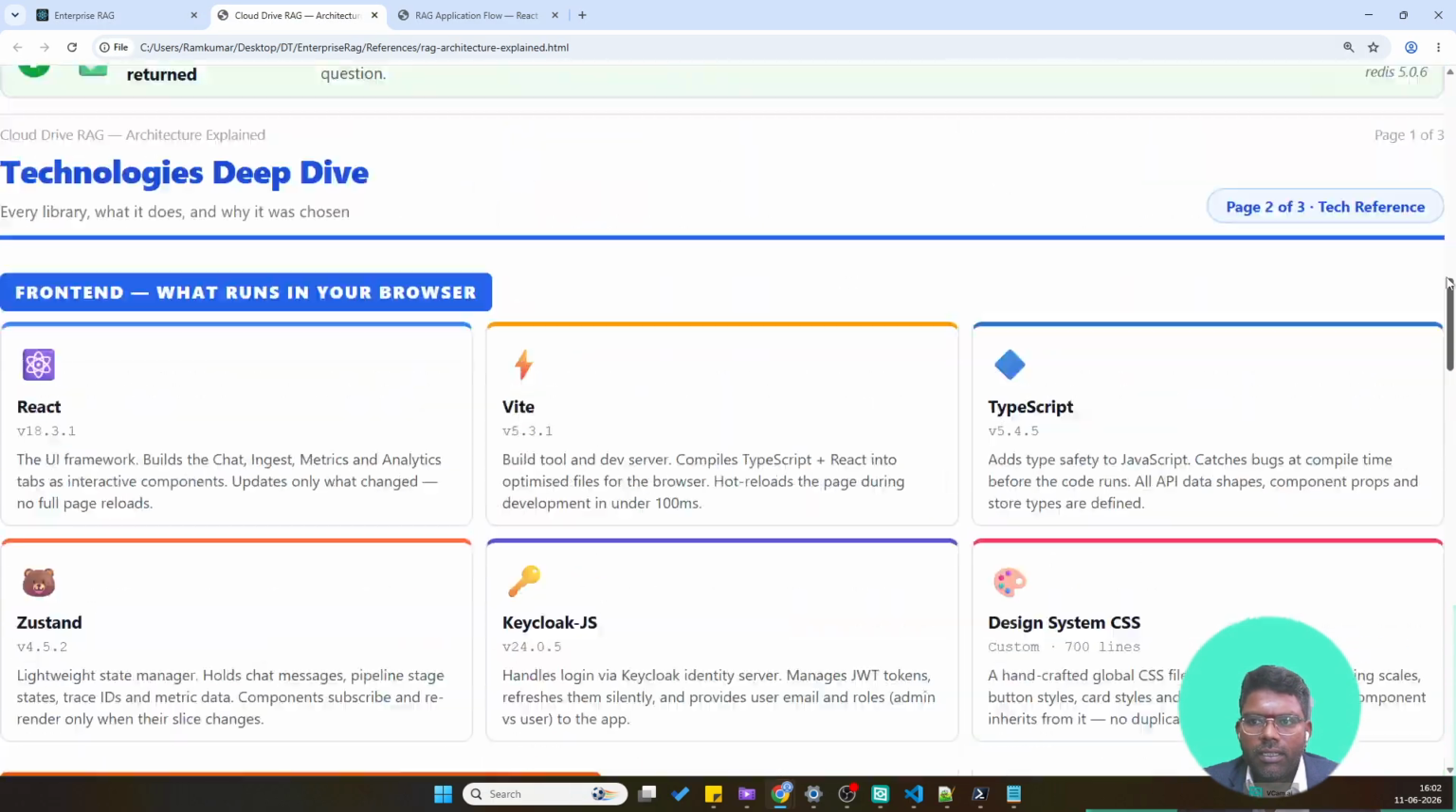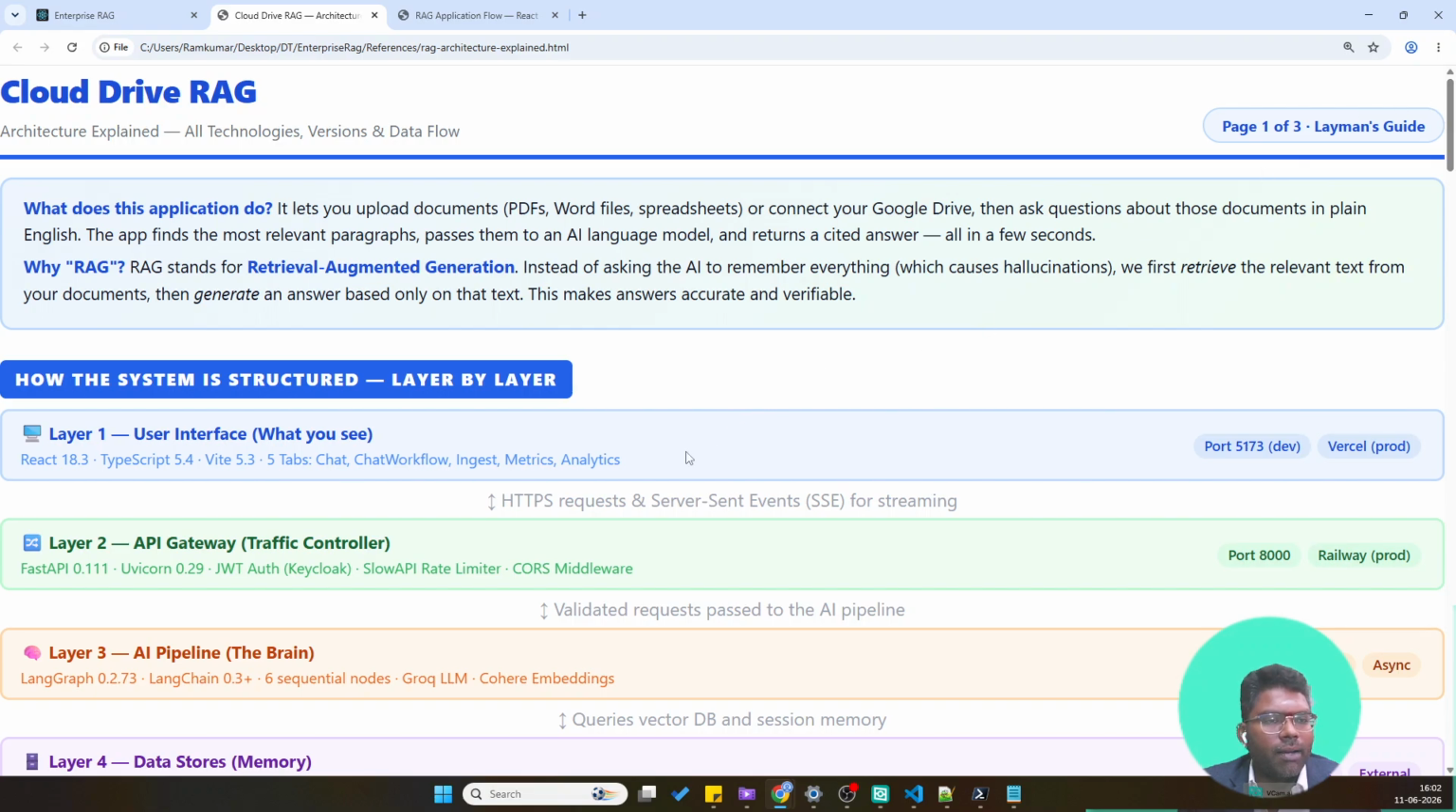So, this is the RAG application, which is primarily used for taking the files from Cloud Drive. So, for example, on Google Cloud Drive, it takes all the documents and then processes with the information, whatever the user asks in the chatbot. So, what it does, this RAG,